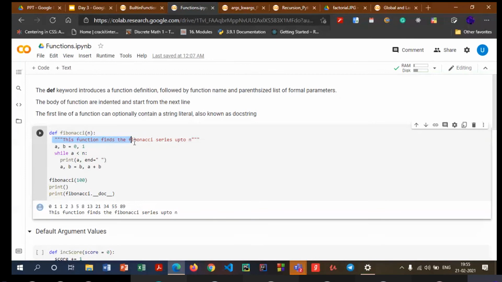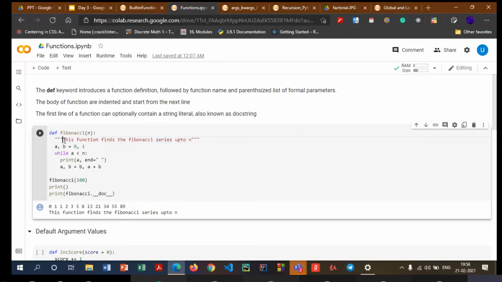Next, what we have is this thing. It is also called the docstring. The main aim of the docstring is, for example, if you are distributing your code to a particular community, or if your code is open source, or if you're working in a team and you want others to understand your code. There might exist some function whose functionality might not be quite obvious to every other person. So what you do is you mention this docstring inside the function. We also have this concept of docstring in classes, which we'll see tomorrow. It will have no impact on the functionality of this function. All it is, is a documentation string which will indicate what your function is going to do.